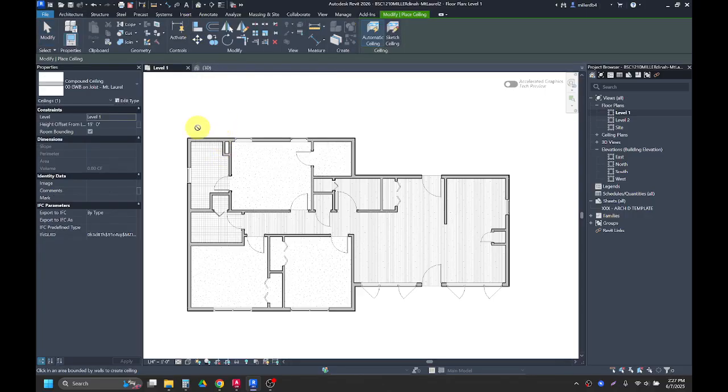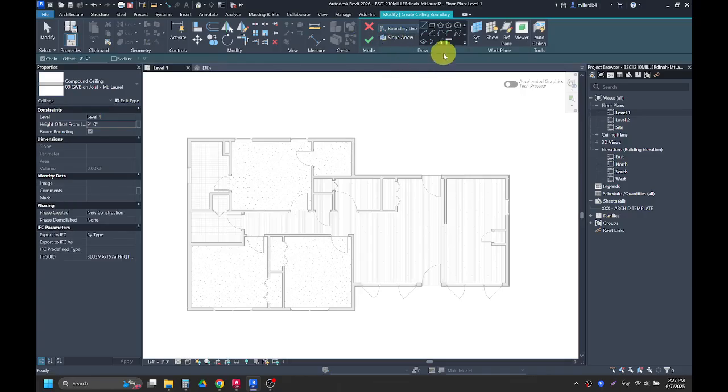And I personally would set my ceiling height of level 1. Let's put our ceilings at, say, 9 foot tall for our height offset. And instead of using our automatic ceiling, let's sketch a ceiling in, but let's use our pick wall tool. So I'm going to click on pick wall. I'm going to select all of my exterior walls, so I could either click on each one individually,